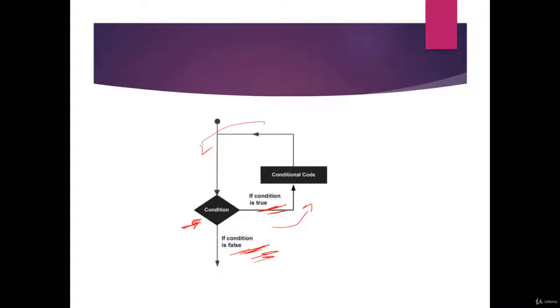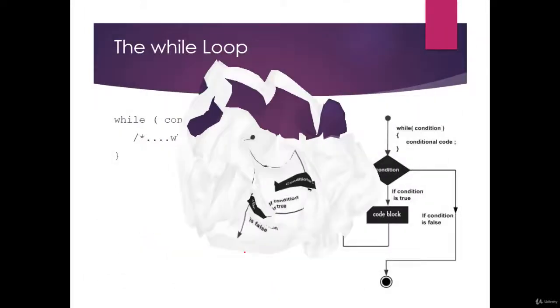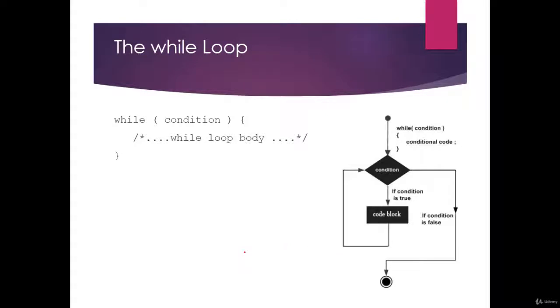This code can easily be represented in a flow diagram as shown. The while loop has this code. A while loop checks a given condition before it executes any statements given in the body